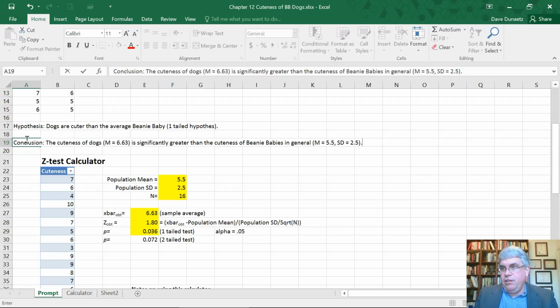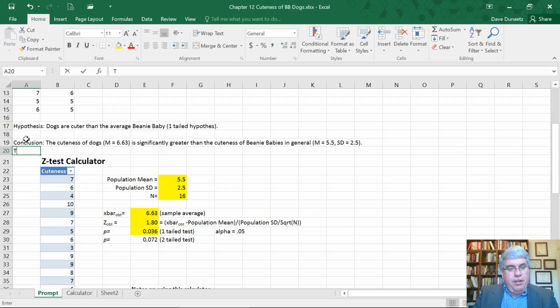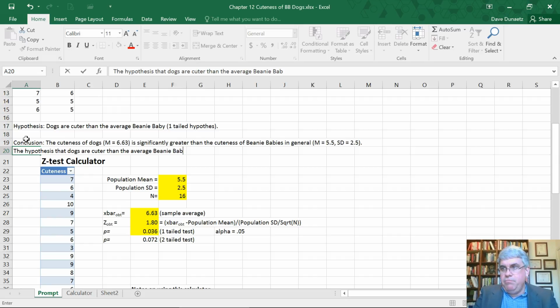So we can say that the hypothesis that dogs are cuter than the average Beanie Baby is supported. Now we need to include the z and the p-value and what type of test it is,